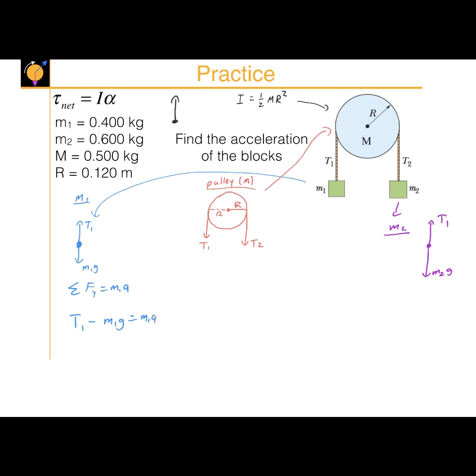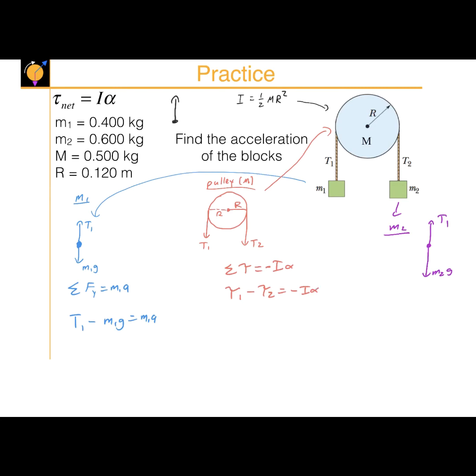Let's look at the pulley. It's the sum of the torques equals I alpha. Now, is it going to accelerate clockwise or counterclockwise? Well, M2 is larger, so it's going to pull harder, so it's going to rotate clockwise, which means we're going to take this to be negative. So I write down the positive one. The positive torque is going to be the torque due to tension 1. And then the negative torque is going to be the torque due to tension 2. That's going to be equal to minus